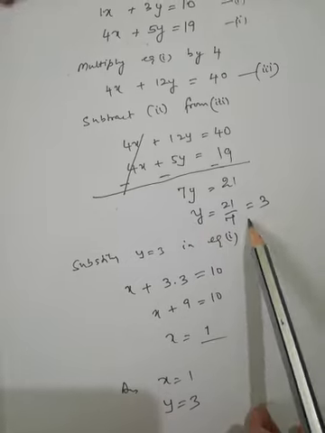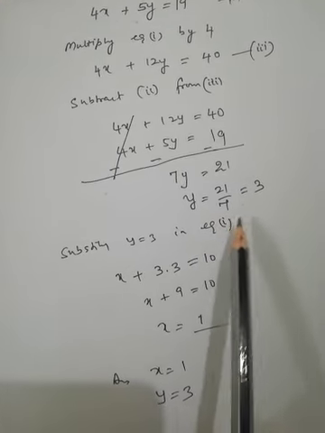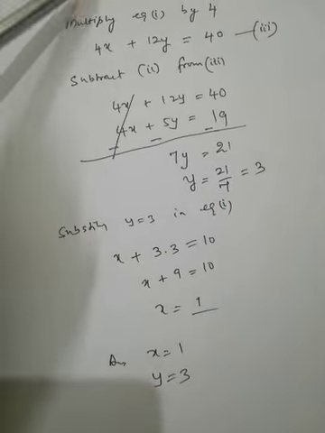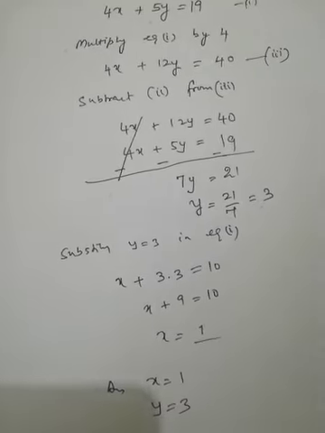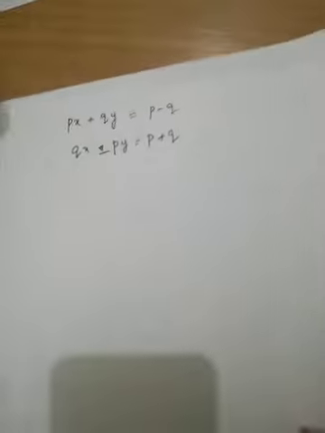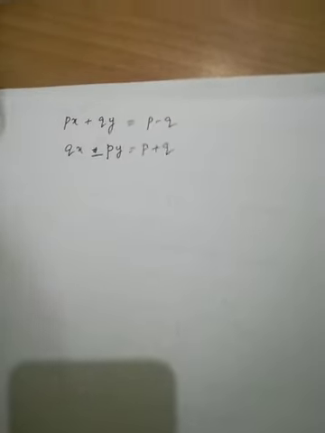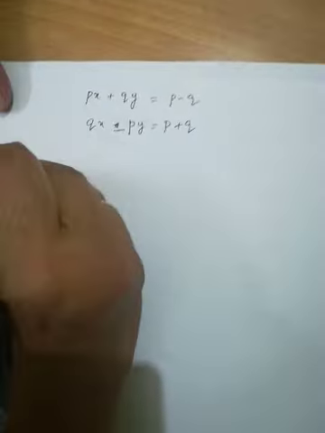You get the value of y. After getting the value of y, you substitute y is equal to 3 in any one of these equations and you will get the value of x. So this is the elimination method. Now in this method itself, let me do a problem. It seems to be a little complicated, but it is very easy. Again, by elimination method only I will do it.